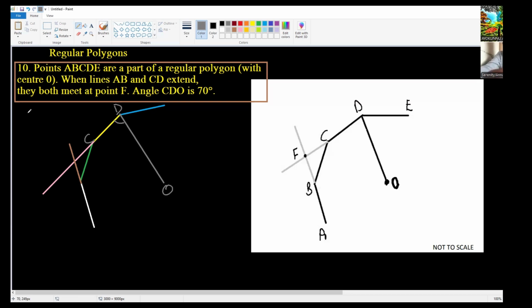I told you the other time that when you see three letters like CDO, the angle we're talking about is the one at the middle. So where will I put my 70 degrees? Will I put it at this place or at the other place? I'll put it on D, okay? Is that clear? Yes. Good. So once I put it on D,